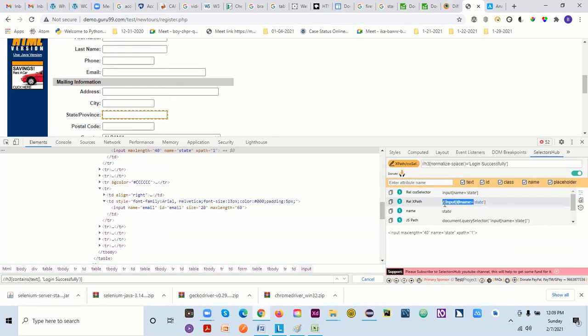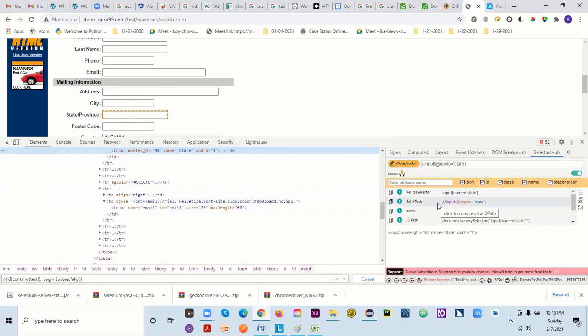We use double forward slash, input, because this is my input text. So I will directly use double forward slash input and at the rate name, and give the name, which is state. That's my relative path, which is very easy to write.